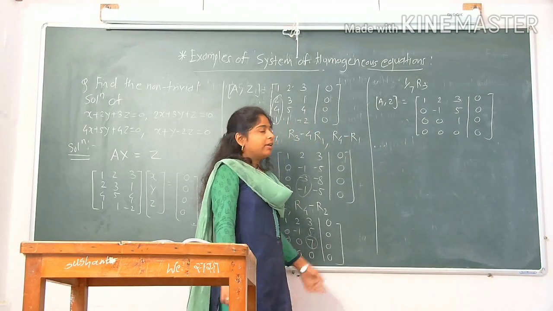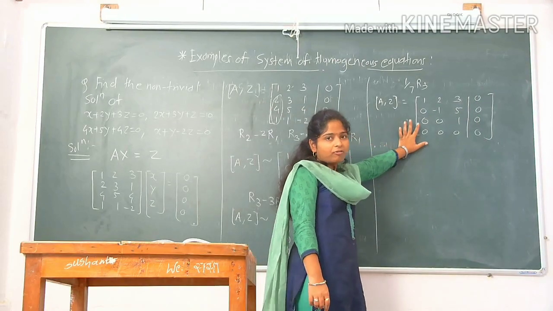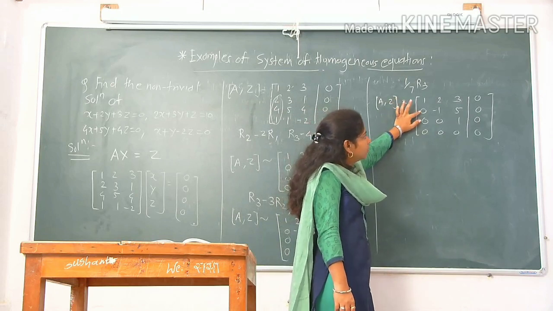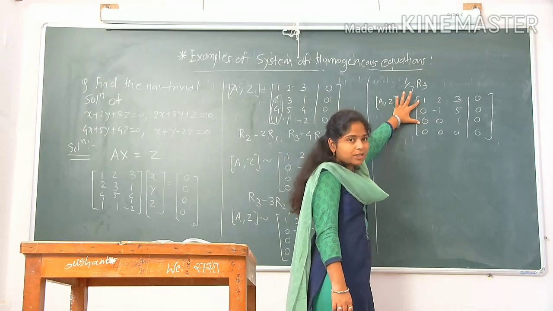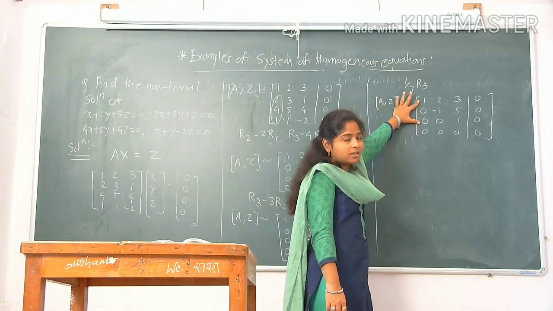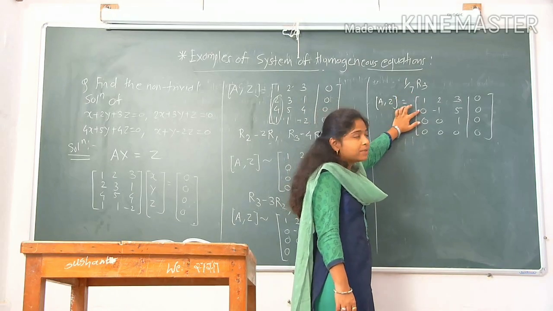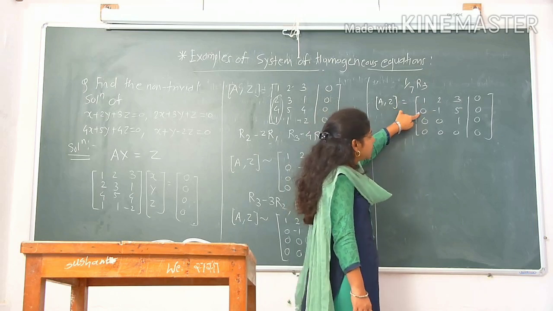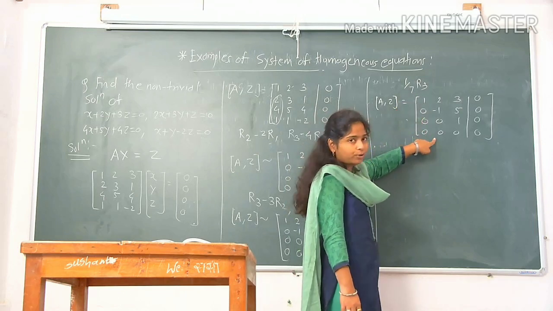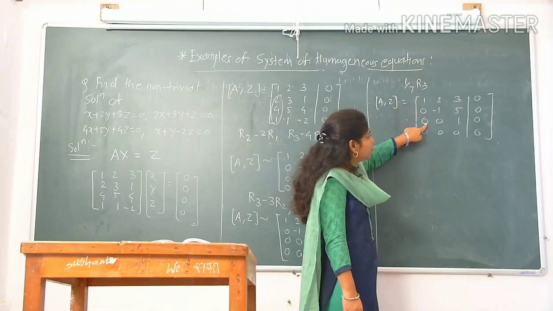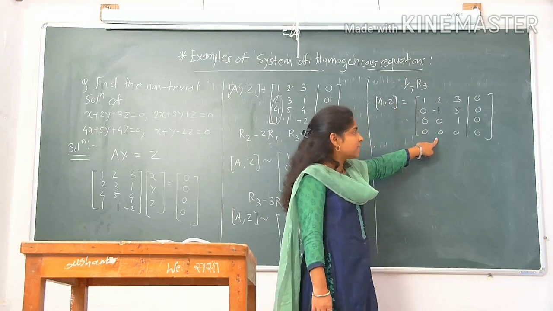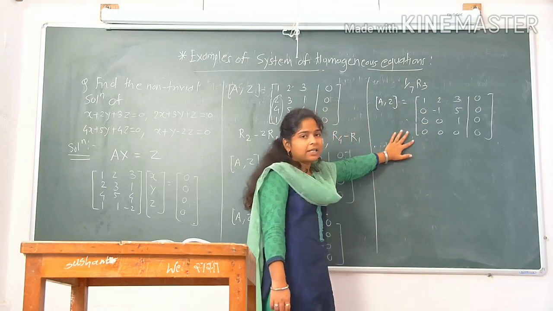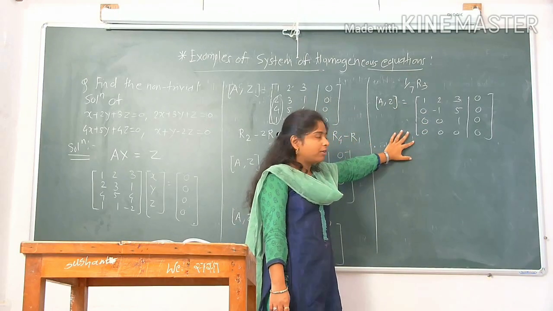Now let us check whether this matrix is in row echelon form or not. Here in this matrix we get all the non-zero rows preceding the 0 rows. The number of zeros preceding the first non-zero element in the second, third and fourth rows are 1, 2 and 3, which are in ascending order. Therefore, this matrix is converted into row echelon form.